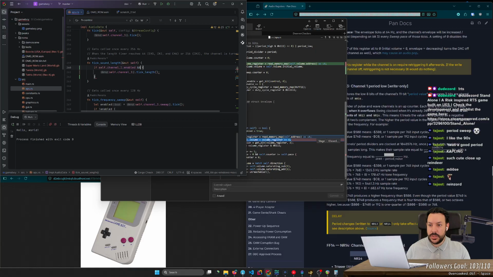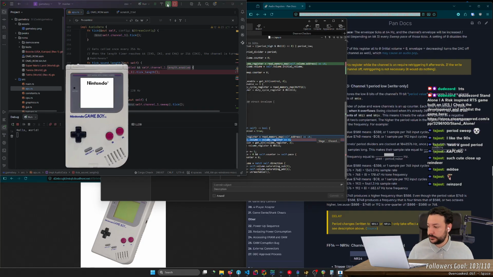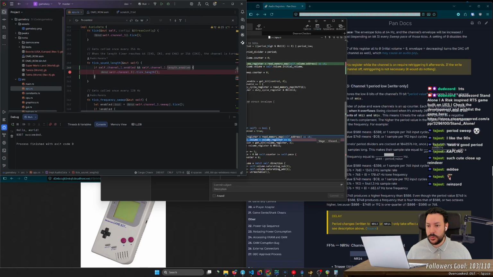Okay, and I only do this if length enable is also enabled. Okay, which means that this should never trigger now. Hopefully. Cool. It never triggers.